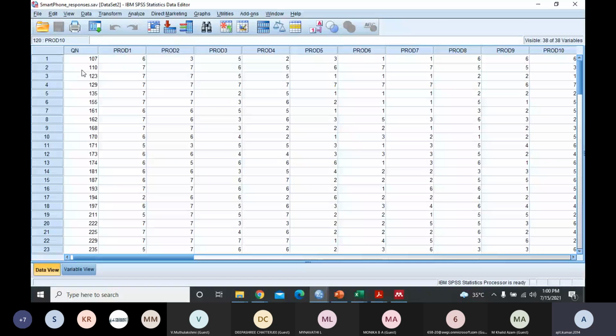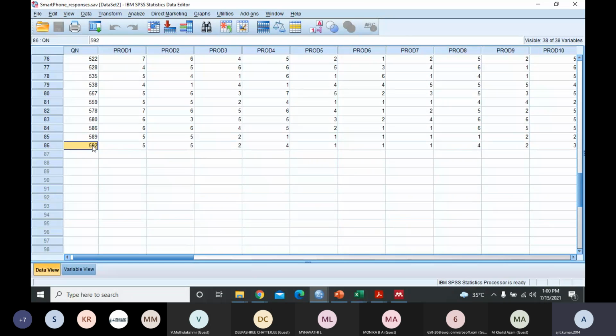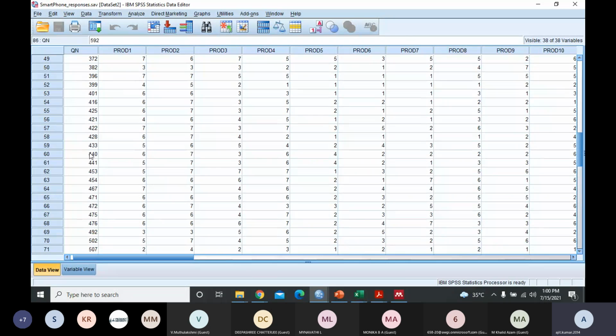Let's say that I sent the survey to around 492 respondents, but received only 86 responses. So around 17-18% of responses. That is a good number of turnout. We know that most of these, around 80%, of the survey requests are denied. They don't fill them up whenever we request. This kind of issue we have all faced. So this is the number of respondents to whom I have sent.